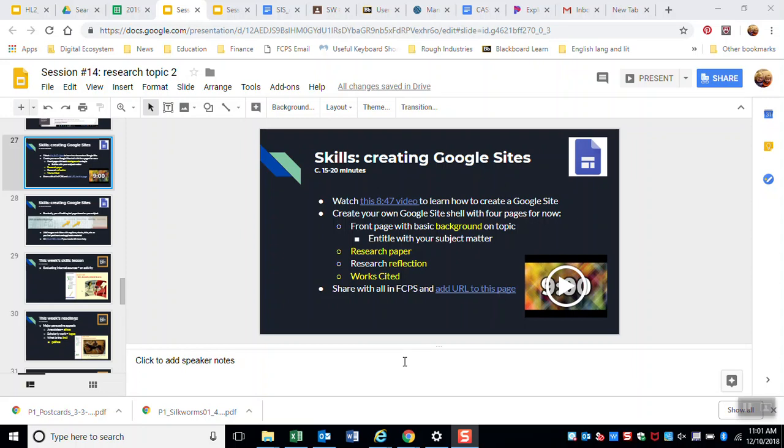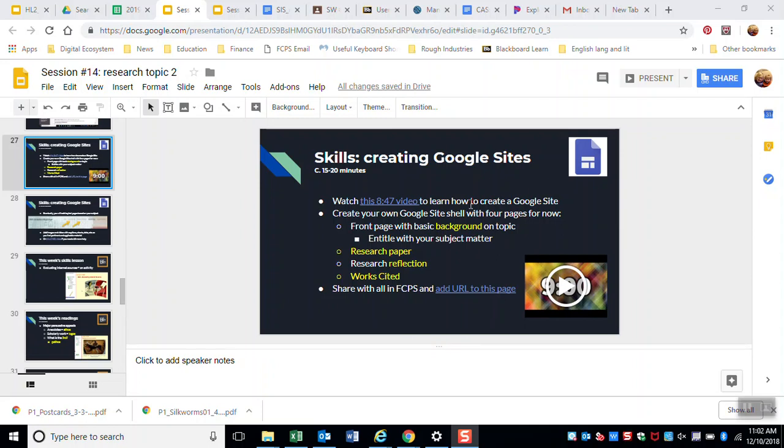Hey, a bunch of you have asked about exactly what pages you're going to need for the shell of your Google site when we first begin the multimodal presentation. So I'm here to just quickly explain to you exactly what those 4 pages are and how some of your classmates' work may not be up to snuff so far, but easily fixed with just a couple of moderations,